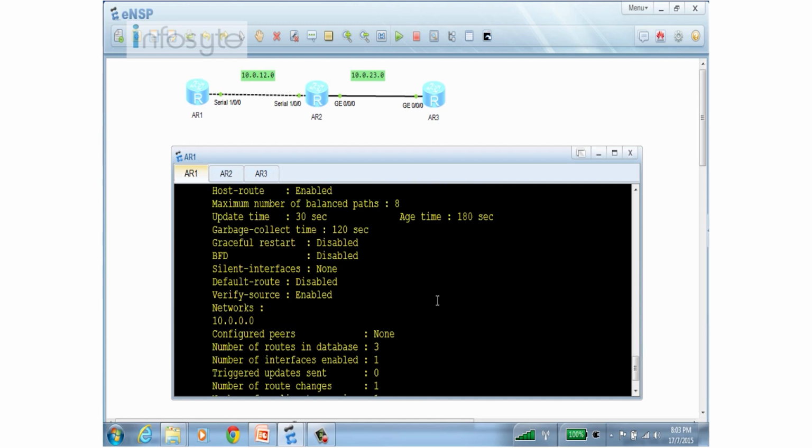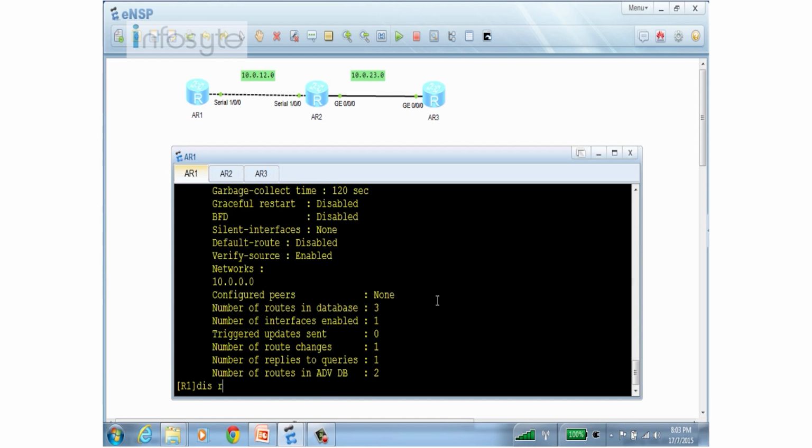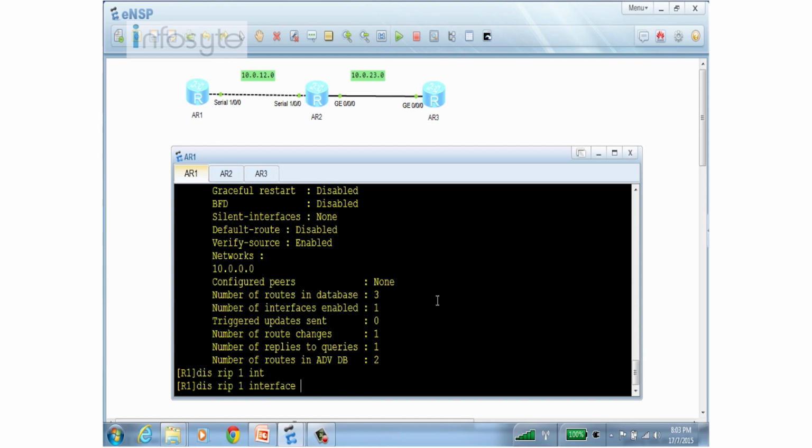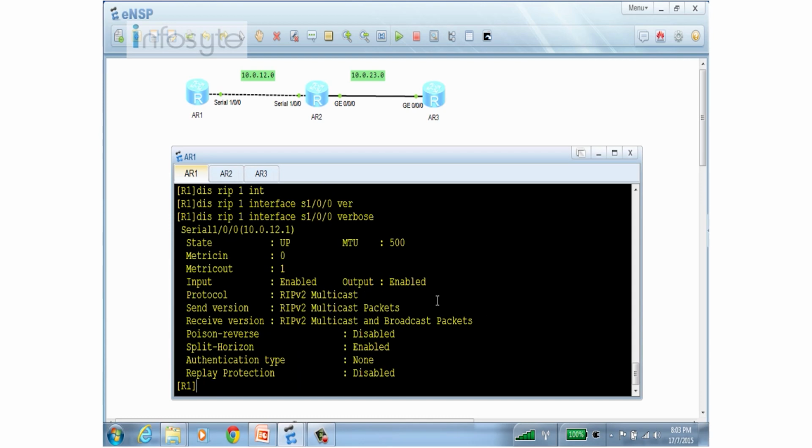Okay, so we are going to look into the interface. If we look into display rip 1 interface, let's look into the interface S1/0/0 with verbose. You notice that poison reverse is disabled, as split horizon is enabled. That's the default. And if you still remember the concept of split horizon, if R1 sends this information to